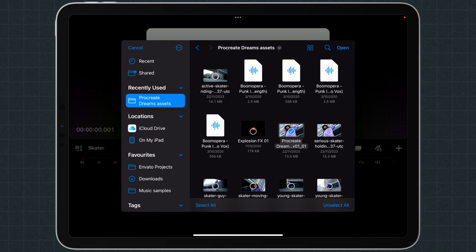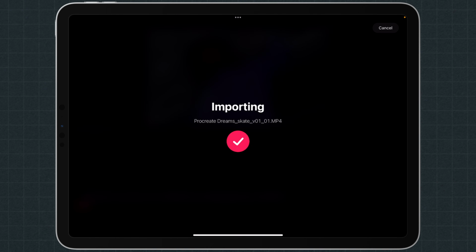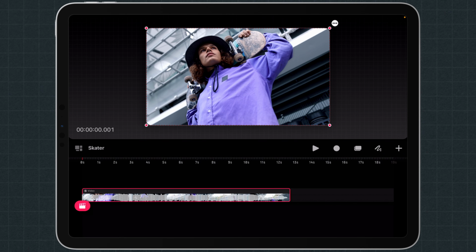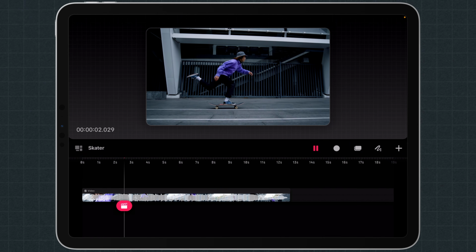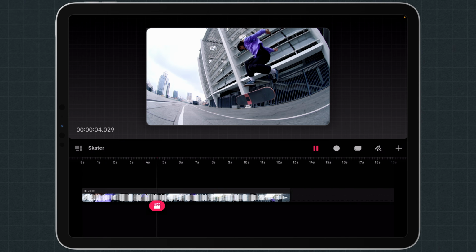So to get around that, I moved it all into an MP4 format, and I actually just did a little edit that I could bring in and work with. So that's this one I've got here. So I'm just going to select it, hit open, and then that will import. Let's just play it through and we'll see what we're working with. So it's just a basic little skate clip here.